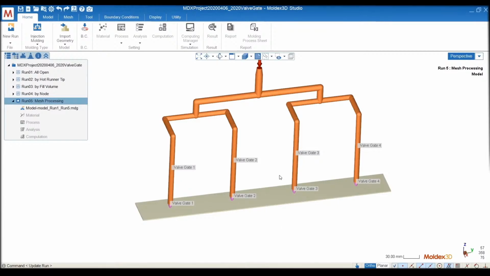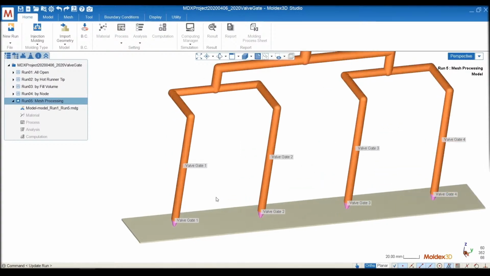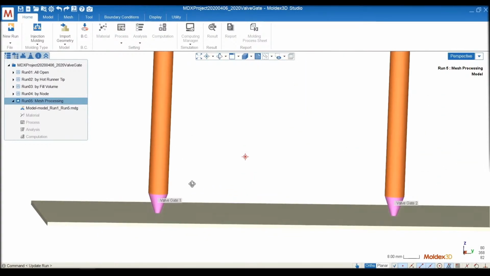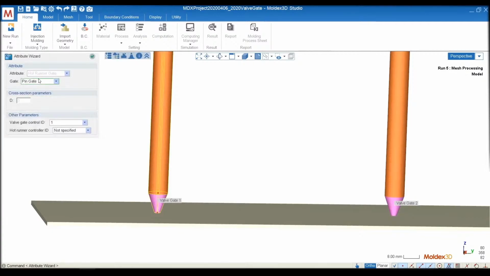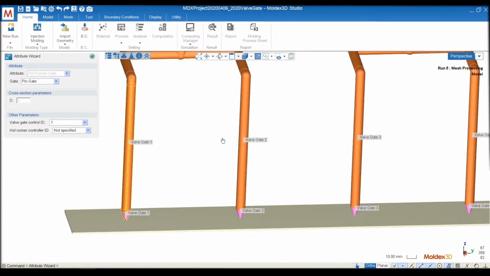Today our topic is about how to set sequential valve gate. So here is a model with full drop hot runner, and in the pre-processing, if you want to simulate the valve gate control, you have to set up the attribute here, the valve gate control ID 1, 2, 3, 4. So you can edit how many valve gates and assign them to valve gate 1, 2, 3, 4